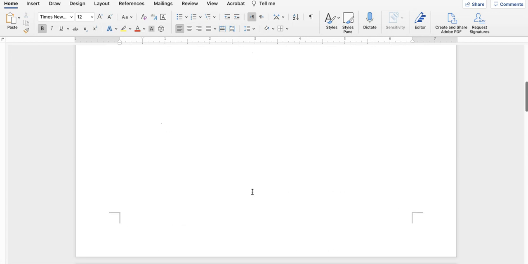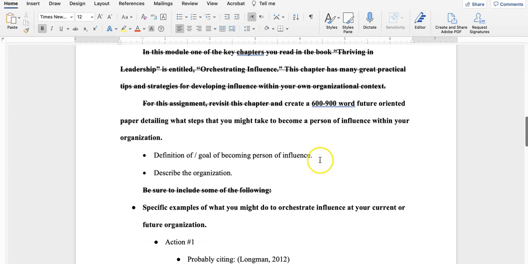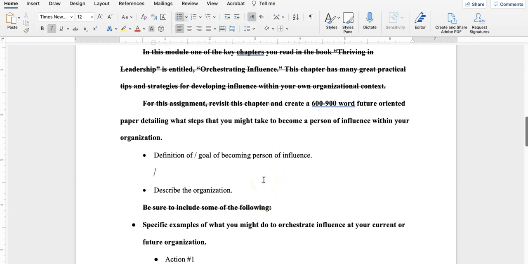Now, going back to where we started with the first-person perspective, one way you might do that is to just tell us, my personal goal is to become this at that, and then explain what that means.